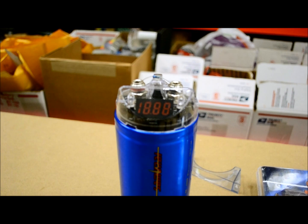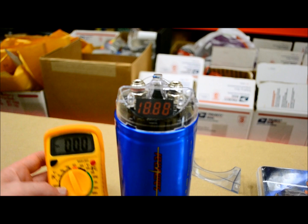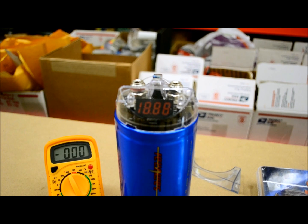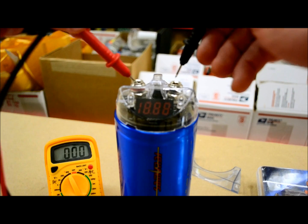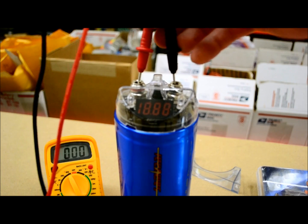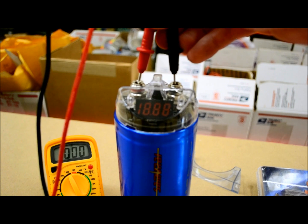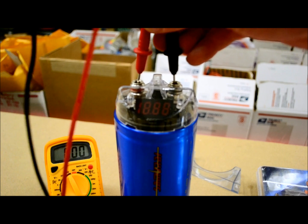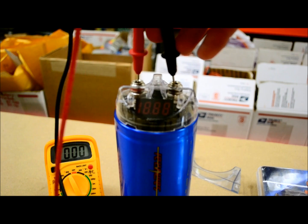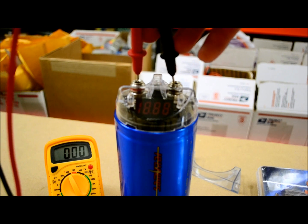For right now, mine is set on DC voltage. So I'll show you something really quick with this. Take that off. And you can see that number ain't changed. We have 0 DC volts. But if you ever wanted to know what your amperage was, just on a side note, which has nothing to do with capacitor stuff like I'm talking about in this video, just as a little freebie tip, you could